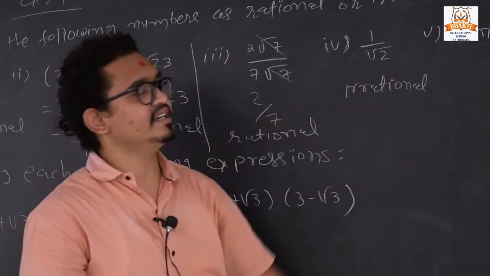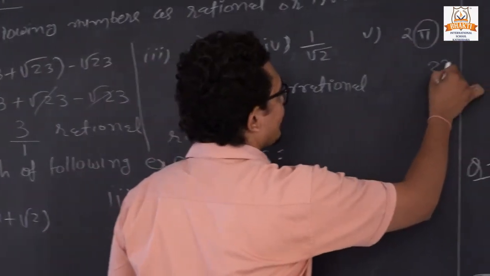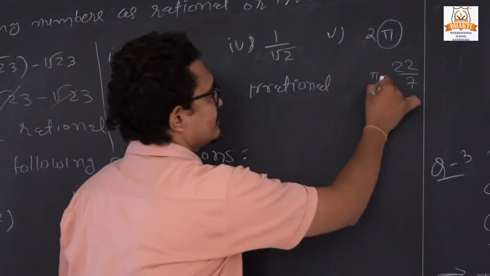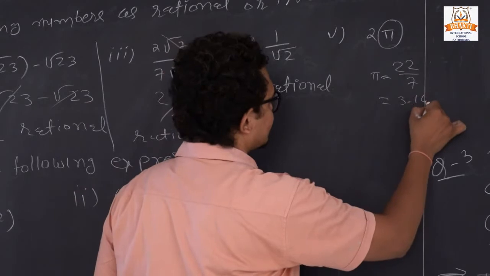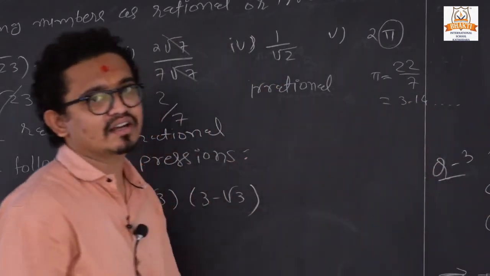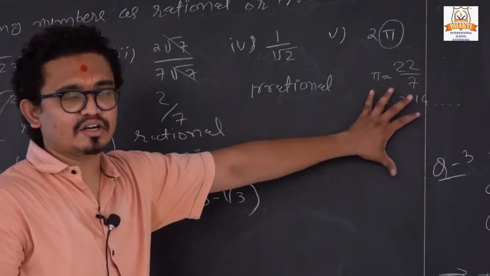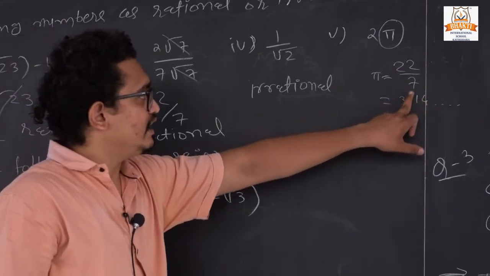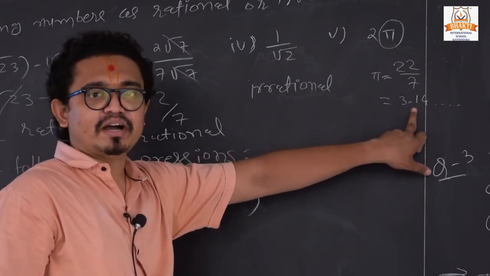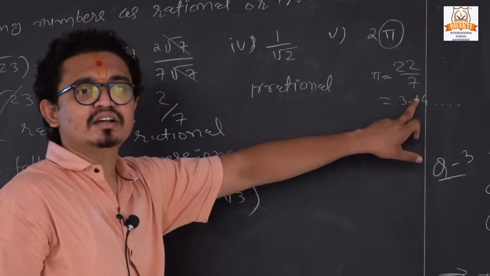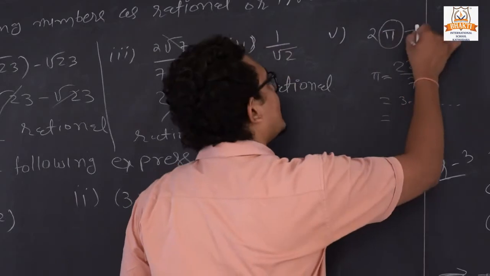Now in the last case they are giving us a pi. Generally the value of pi is 22/7, and if we find the value of 22/7, it will be approximately 3.414, and the digits continue, so it will be non-terminating. If you find the value at home, you can clearly see that the value of pi is non-terminating as well as non-recurring. So we can find that pi is always